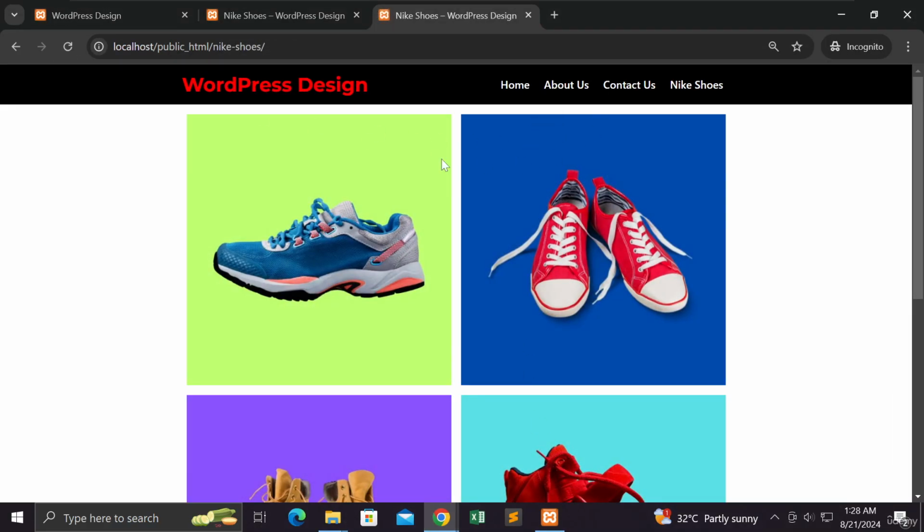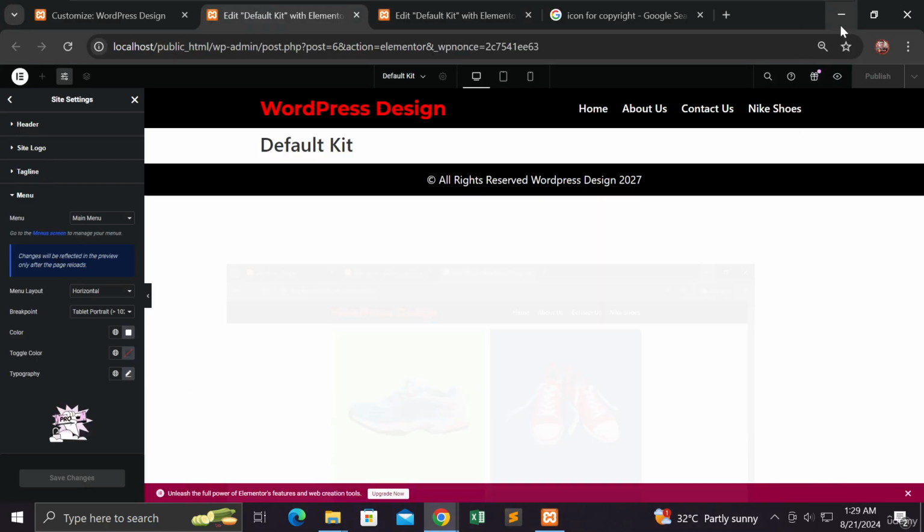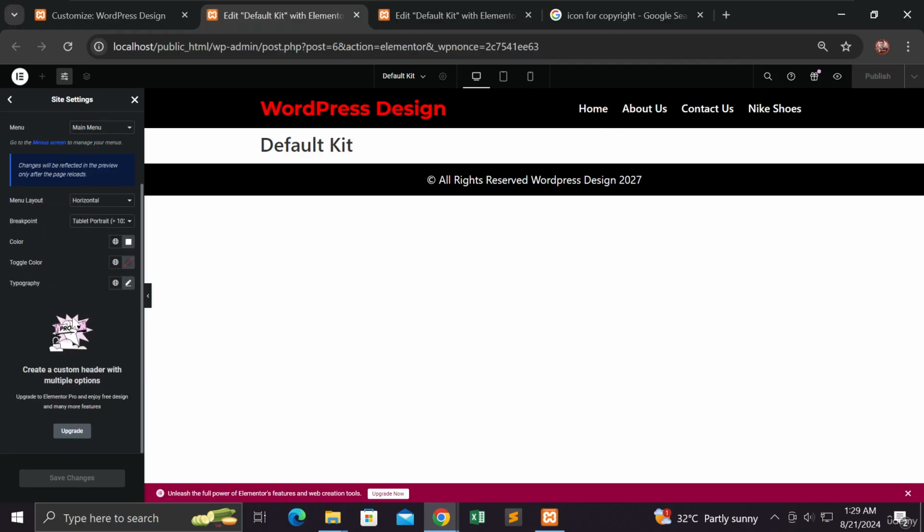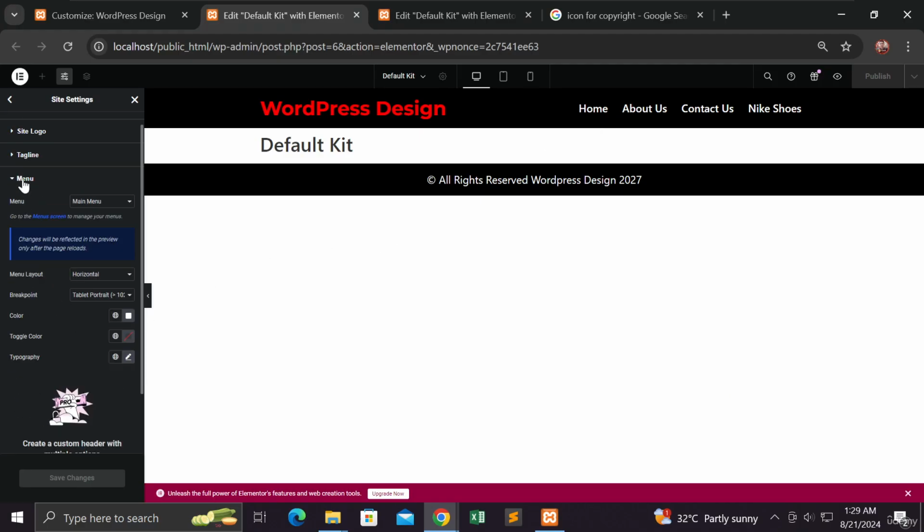As you can see, we are already in the Nike page, so the Nike shoes should be highlighted, so that the user will know where they are in the website by seeing the active color for the navigation. Since I think there is no option here to modify the hover or the active,